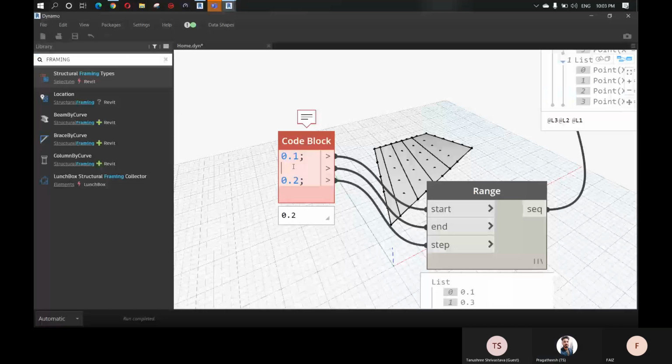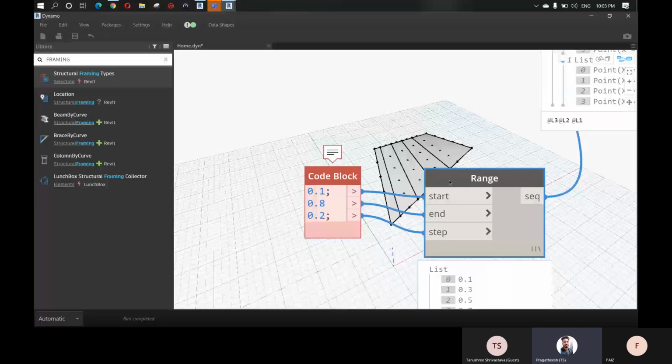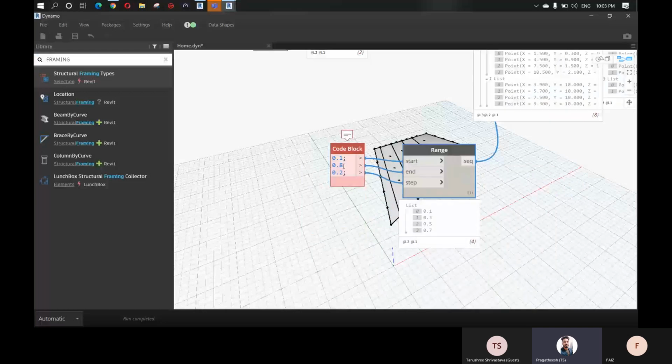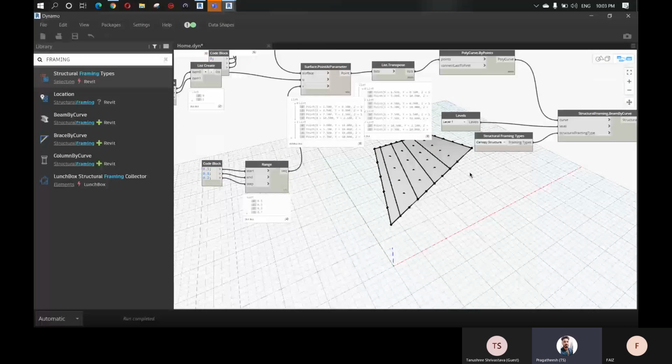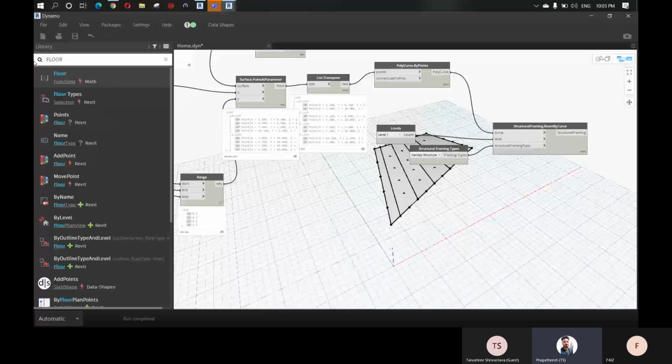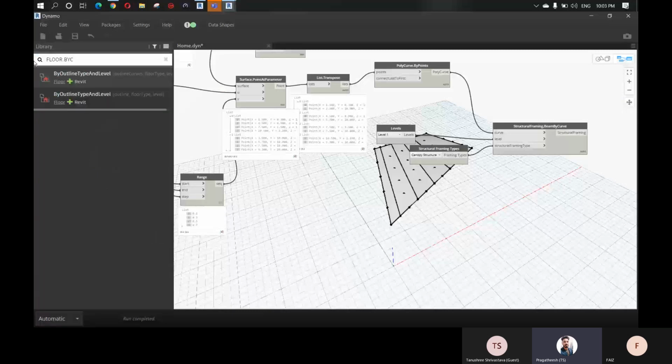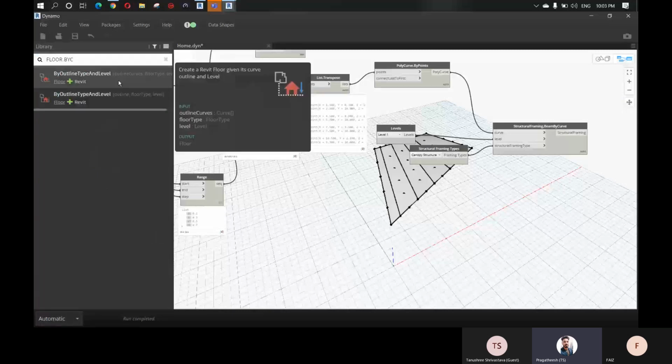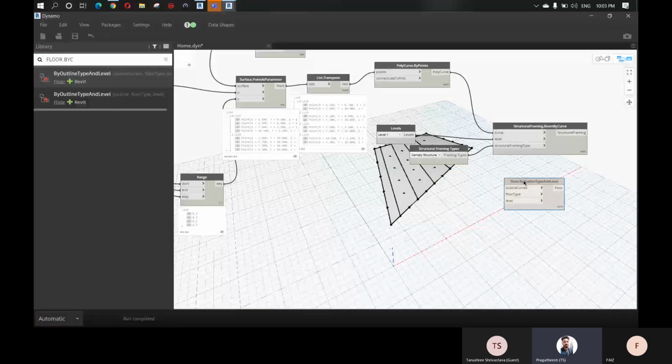Okay, fine. So to create a floor, just search for Floor.ByOutlineTypeAndLevel. You can use this one, outline, floor type and level.